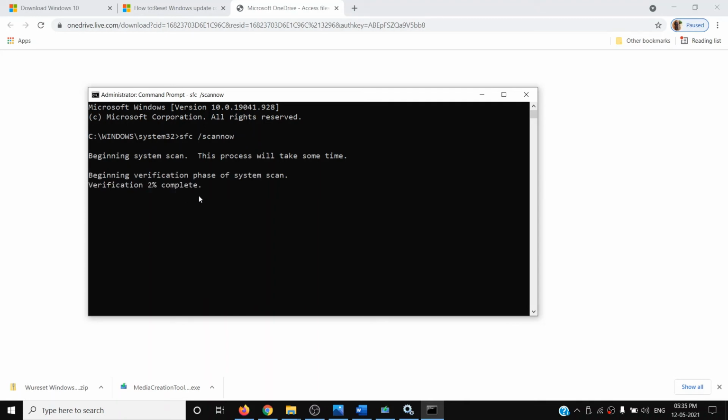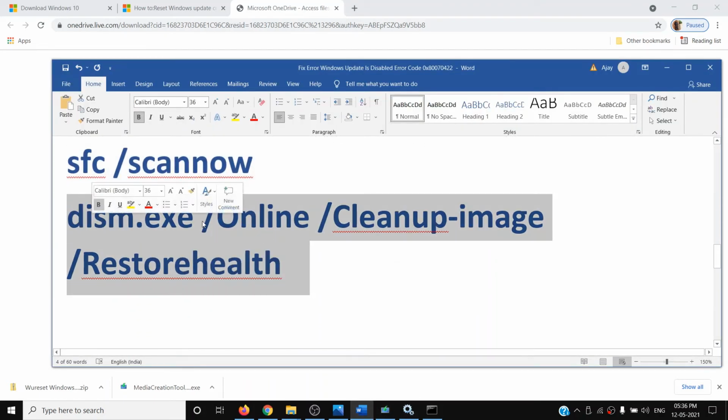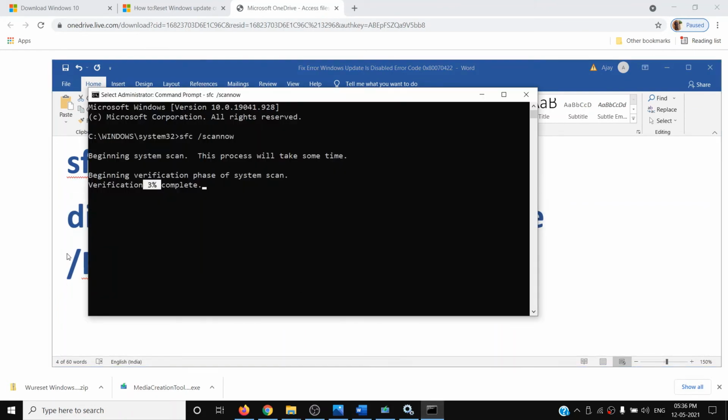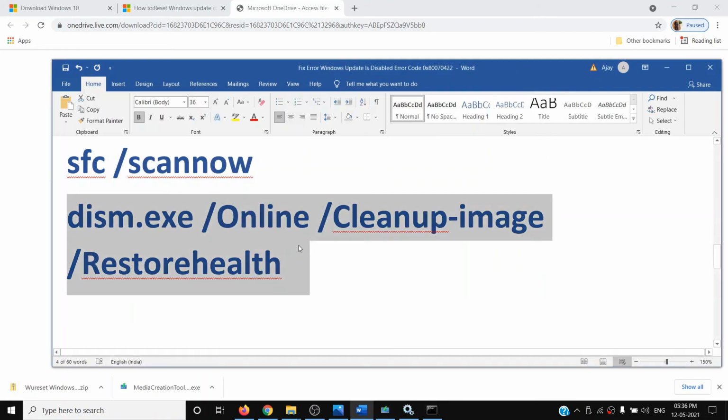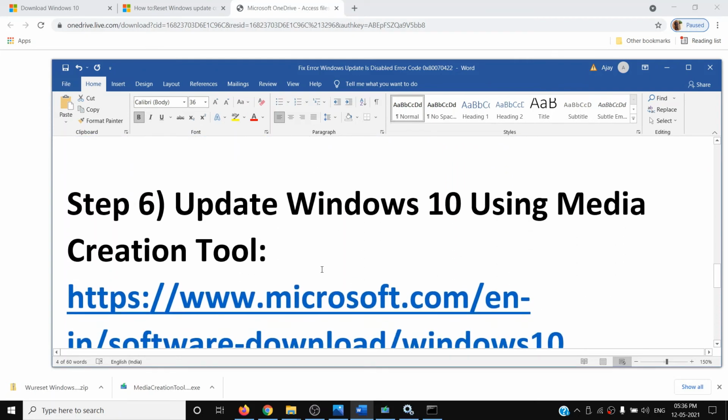Now let the scan complete. Once this scan is 100% complete, then you have to go ahead and run the second command. So once this is done, copy this, paste it over here and then hit the enter key. And once this scan is 100% complete, restart your computer and then check for the error message. That error message should go away. Now if you are still facing the problem,